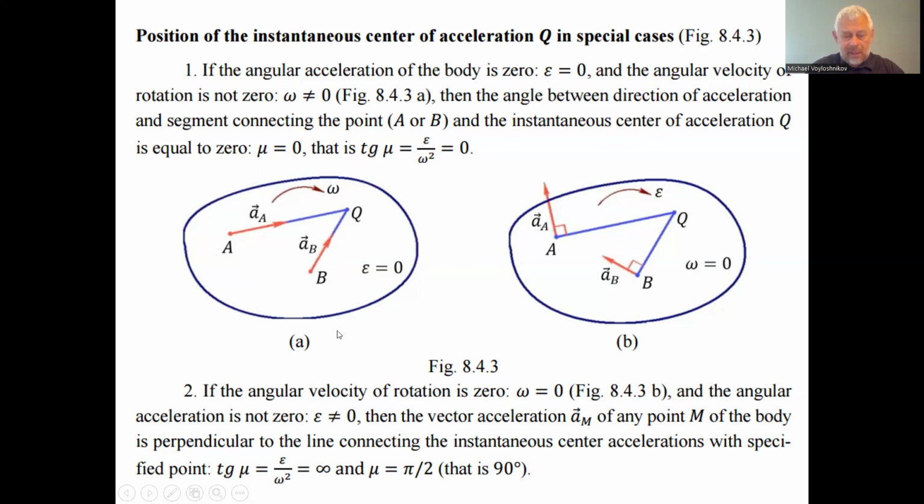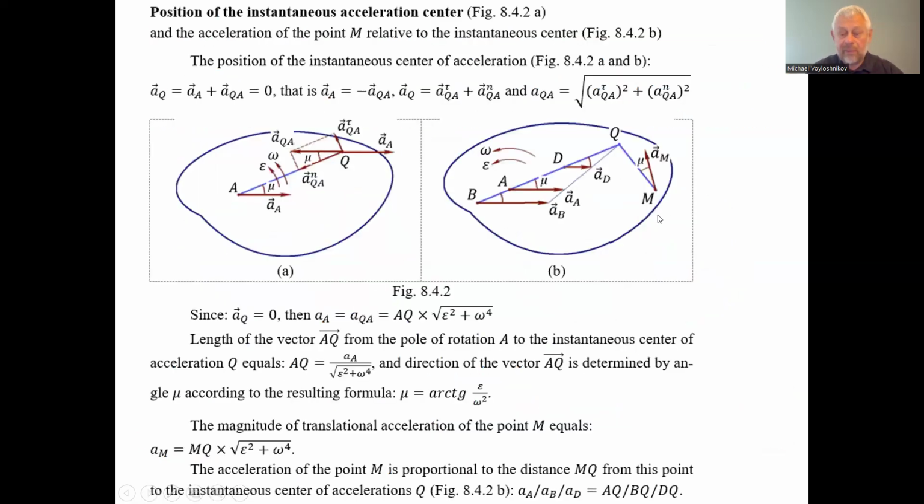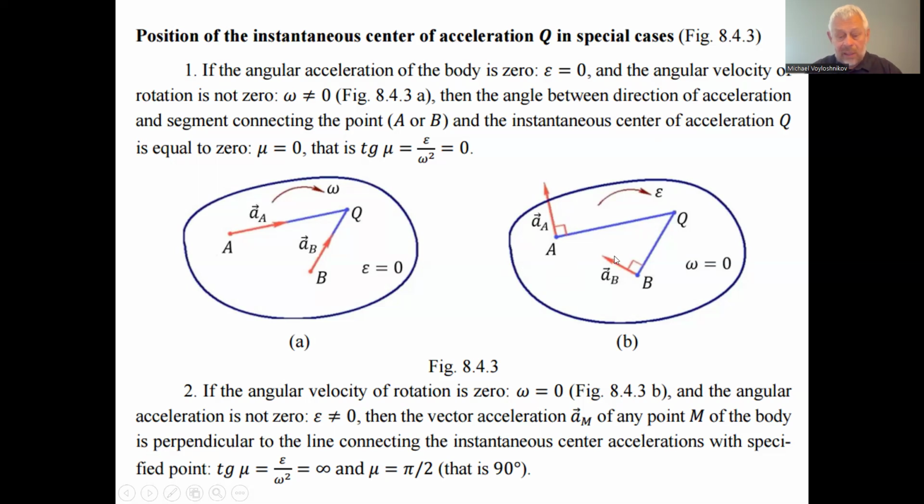And another case: if the angular velocity of rotation omega is 0, but we have angular acceleration, the angular acceleration is not 0. Then the acceleration of any point, A, B, M, of the body, as in the previous figure, but here we have the angular velocity, then we have the angular acceleration. The next example for any point